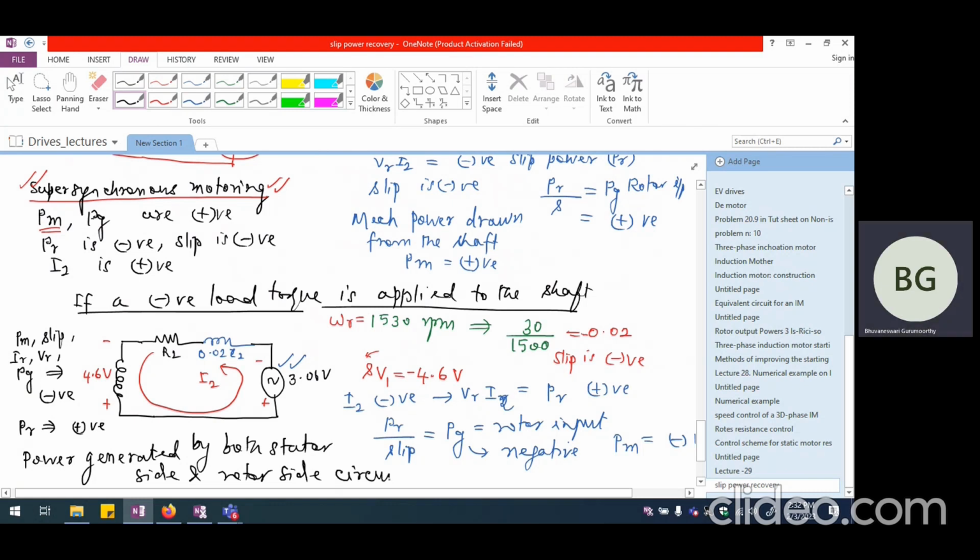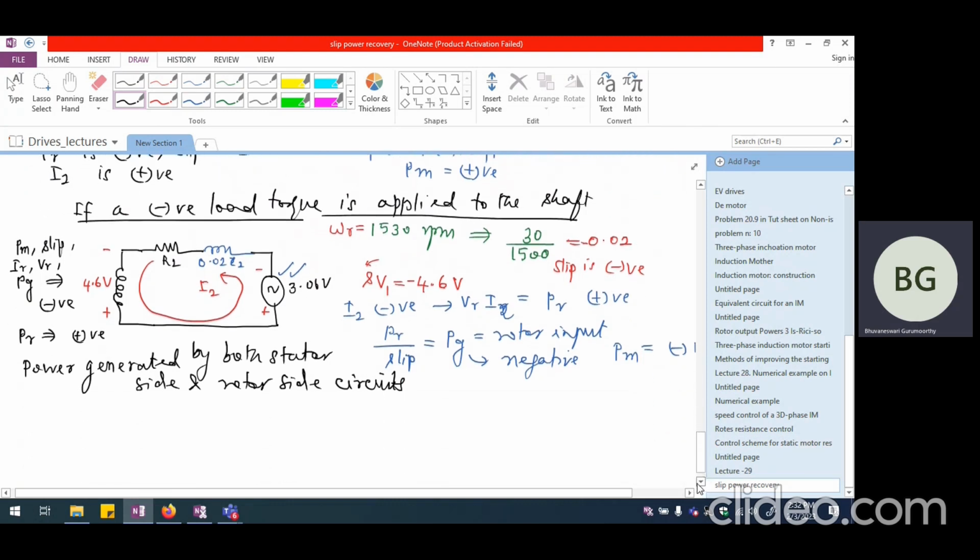So this is the super synchronous generating operation that would take place in the case of, again, wind energy conversion system. So we can have both subsynchronous generation as well as super synchronous generation in the case of wind energy conversion system. If we are assuming that a wound rotor induction generator is driven by a wind turbine, then under subsynchronous generation,